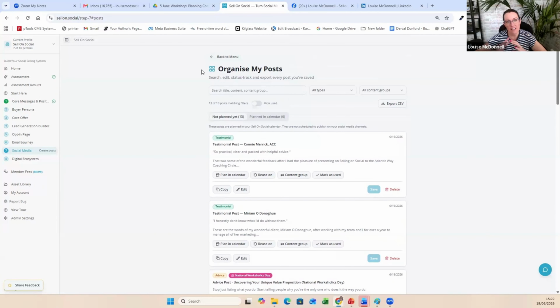So this is not a scheduling tool. The whole idea of this tool is that it helps you create the content. It's better quality, more impactful content. And then you can decide when you're going to publish them. And then you can export that document and either schedule them yourself in LinkedIn if that's what you're doing, or